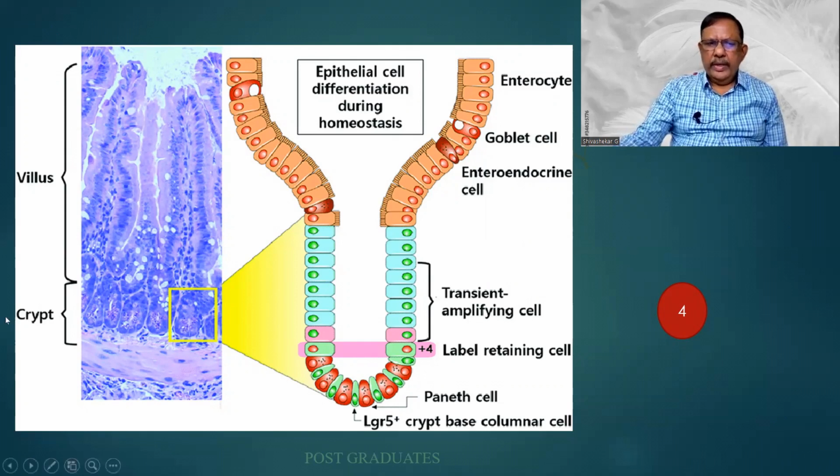And when it comes to the crypts, you find that they are made up of a lot of these immature cells, which we shall be revisiting again. Having said that, they do mature after some time and become the columnar epithelium or the goblet cells, in which case you find that dysplasia or a malignant transformation is highly unlikely.